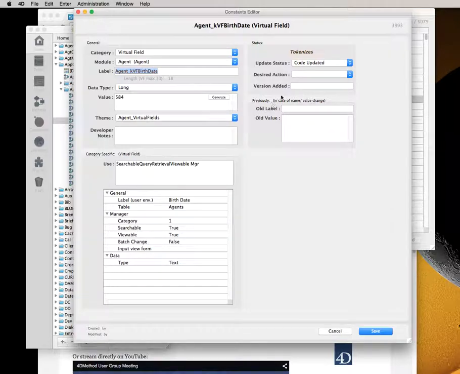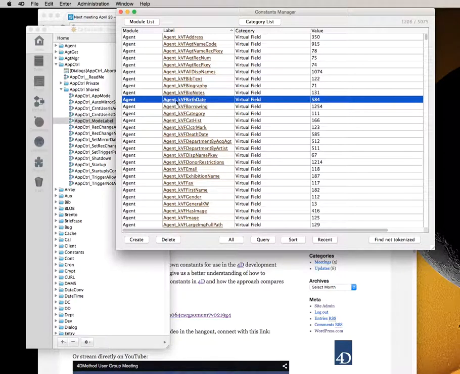a batch change. You can associate notes with each of the constants, and this is actually a feature that tests through an execute statement whether or not this constant in fact tokenizes in this database. Does it actually exist in the Xlift file, or does it need to be added? So in practice what we would do is actually create a new constant when we need one in here, because it can happen quite often,